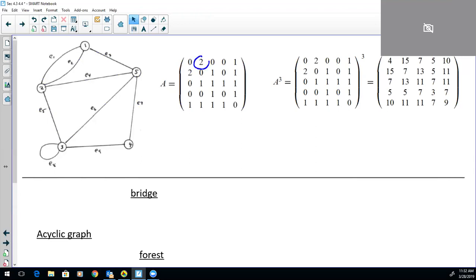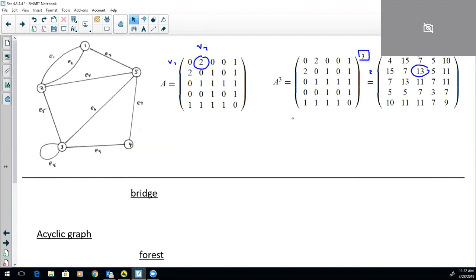So in particular, this 2 means we're going from vertex 1 in the first row to the second column to vertex 2. So there are 2 arcs connecting 1 and 2, E1 and E2. Okay, so I took this to the third power, and this is the matrix I got. I want to take a look at this number 13 I'm circling here. This is in row 2, column 3, and this was a degree 3